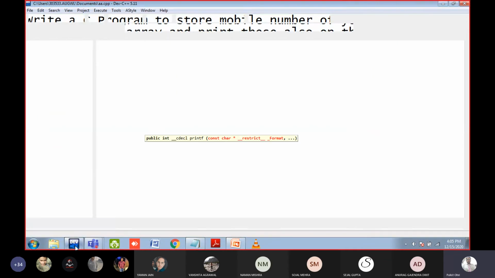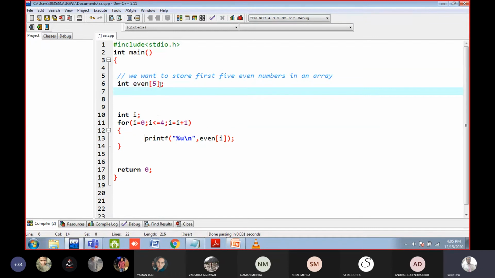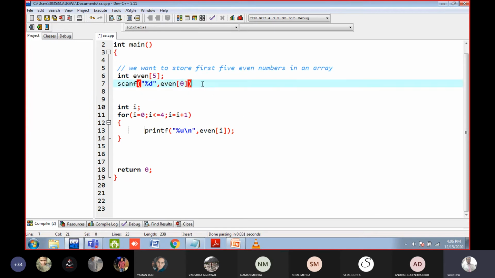Now what we will do, we will take input from the user. So here actually 5 numbers were there, na, 0 to 468. But here I am giving the input. But let us take input from the user. So how we will do it? Declaration is there. So simply write a scanf statement, that's all. Scanf. Okay. We are reading integer, that's why percentage d and comma. The first number that the user will input, we have to store in the 0th location, then at the first location, then second, then third, then fourth, and that is the end. That's why right here this is the location where we want to store the number at the 0th position of the array. That's why name of array and the location.